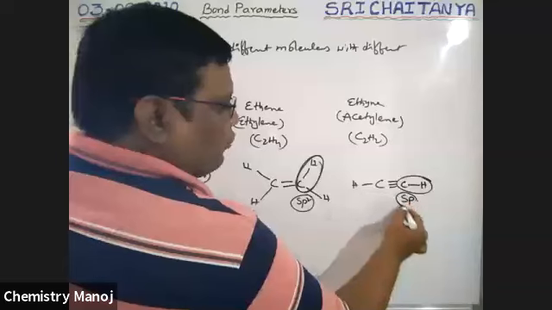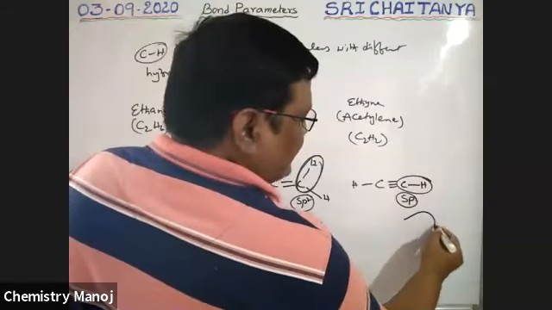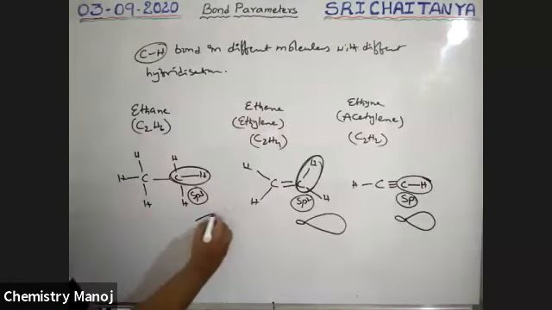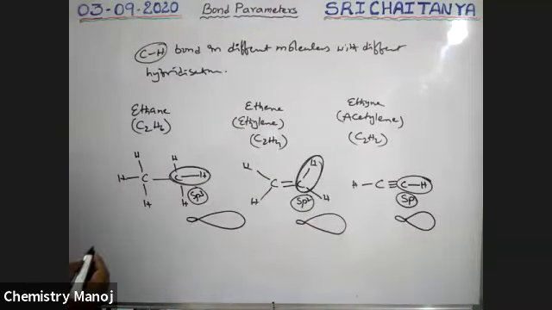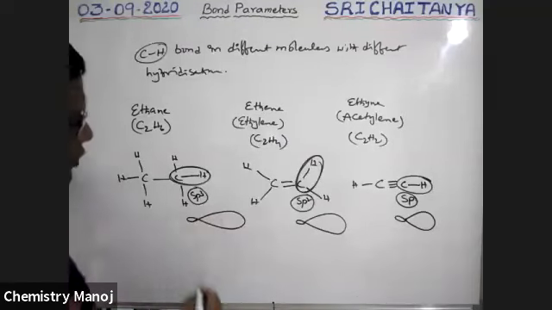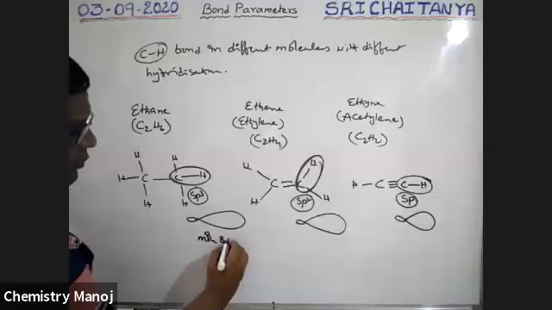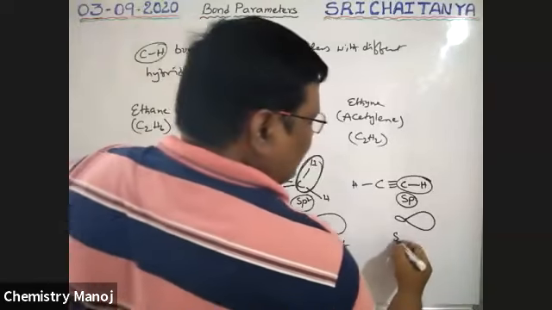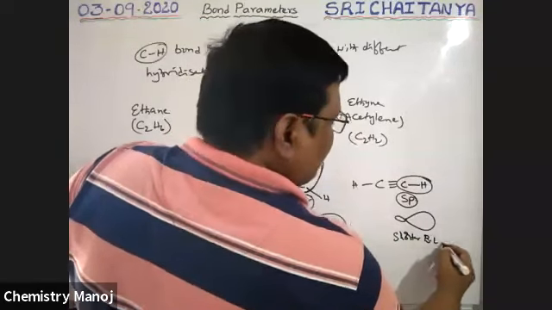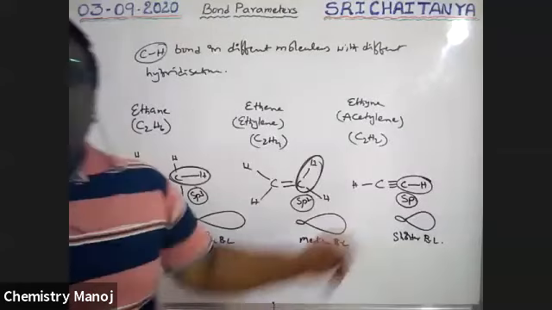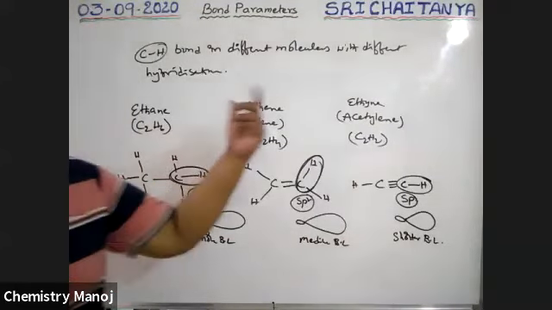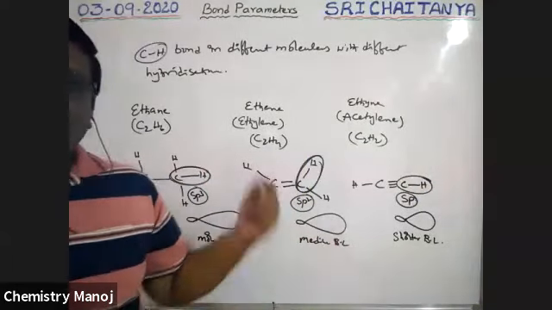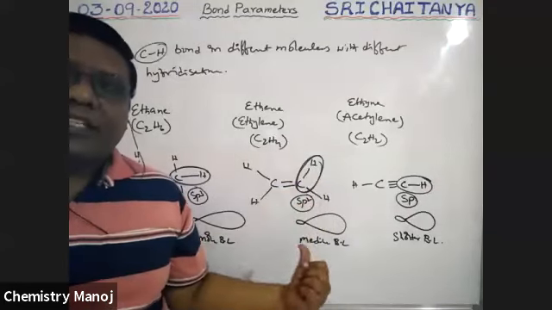No doubt, we know, my dear boys, the sp hybrid orbital is small in size, the sp2 hybrid orbital is somewhat larger, and sp3 is large in size. That is why this orbital gives the longest bond length, then medium bond length, and shorter bond length, because the hybridizations are different. If hybridizations are the same, like in the previous case, all the bond lengths are the same. Here hybridizations are different because hybrid orbital sizes vary. Because of that, bond length decreases with increasing s-character.